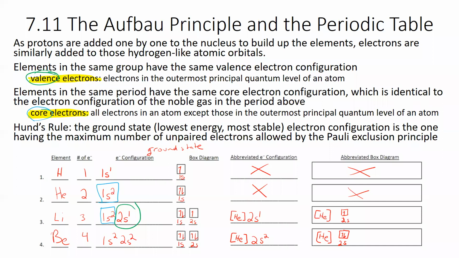And so if you look at the valence shell electron configuration of elements in the same group, we'll notice that the number of valence electrons for elements in the same group is going to be the same. So the core electrons may differ, but the number of valence electrons will be the same. And that's what largely leads to the properties of the different elements. And that's why it was so important to be able to fill out all of these electron configurations of the